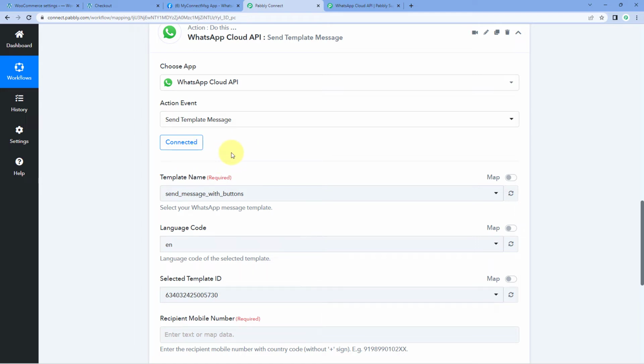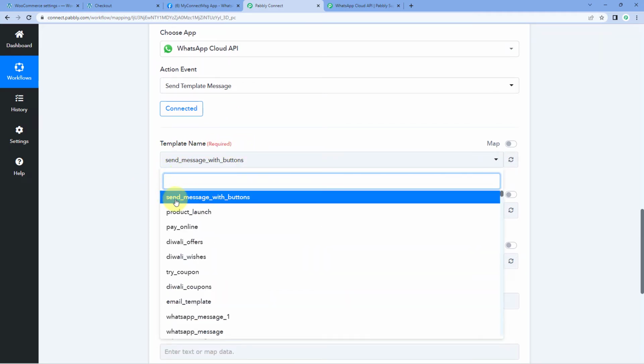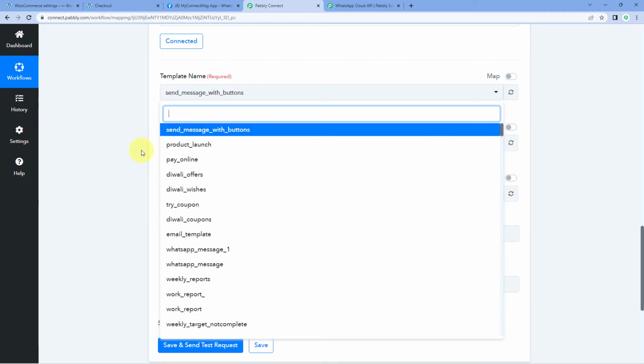After making this connection, the first thing it asks us is the template name. And in the drop down below, we can see a long list of all the templates which we have created in our Cloud API account. So here you will be thinking, what are these templates and why are we seeing this list? To send WhatsApp messages using WhatsApp Cloud API, first you have to create a template message inside Cloud API. And after creating that message, you have to get that message approved from Facebook, or should I say Meta. And after the approval, you can use that template message to send WhatsApp messages or confirmation messages to your customer